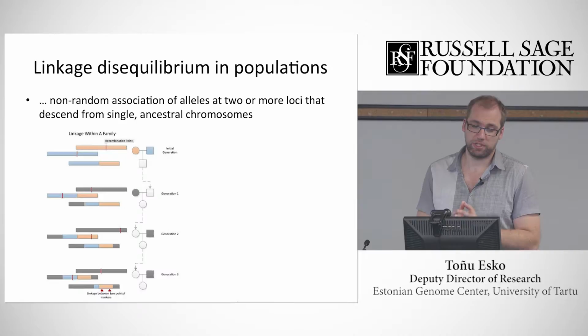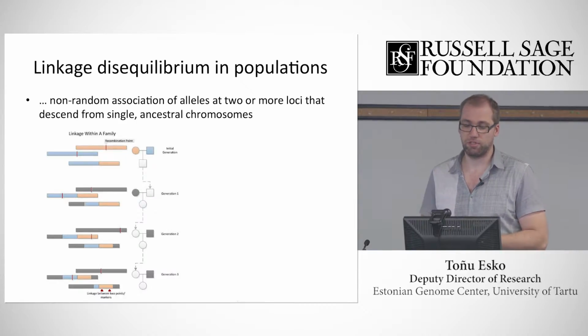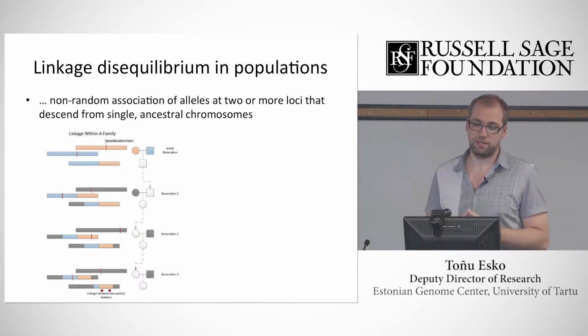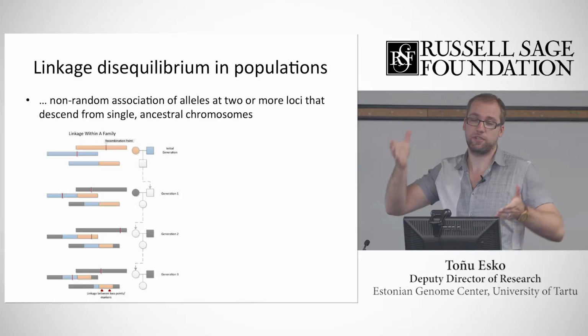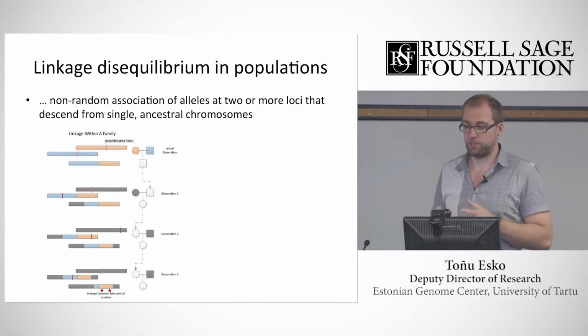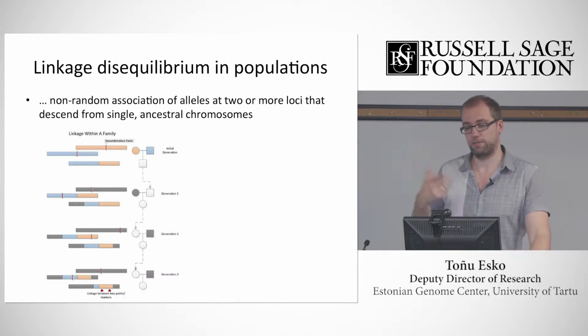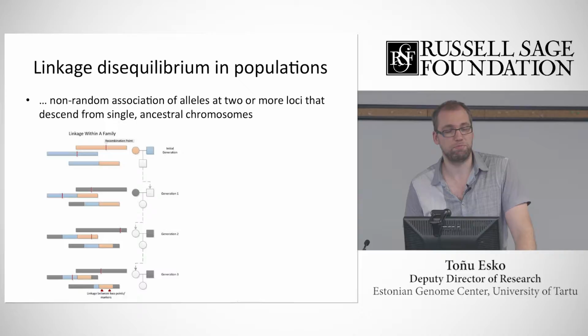Linkage disequilibrium is a non-random association of alleles at two or more loci at descent from a single ancestral chromosome. Linkage equilibrium means that all the alleles segregate independently in the population,